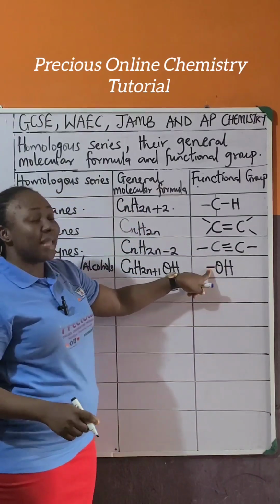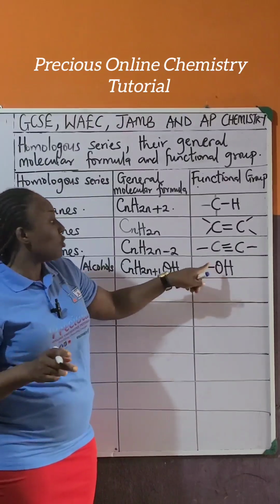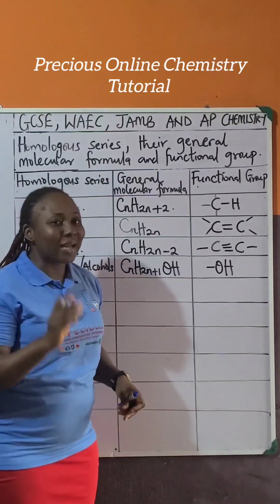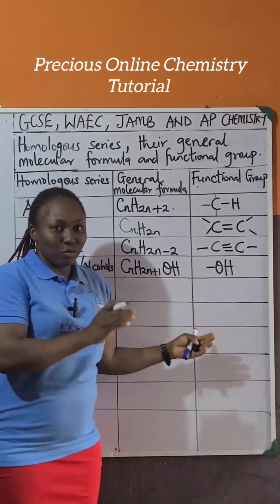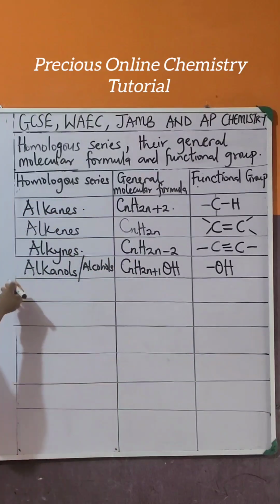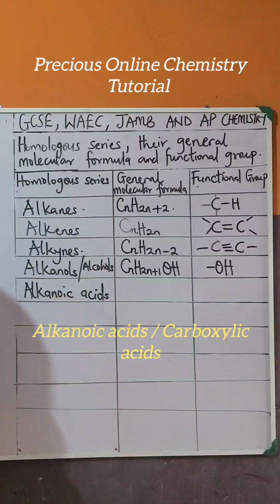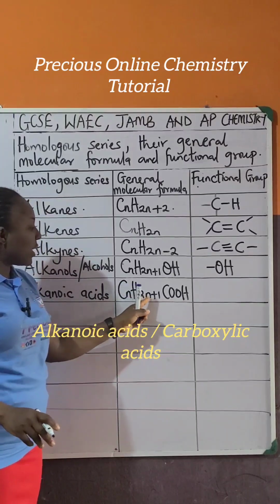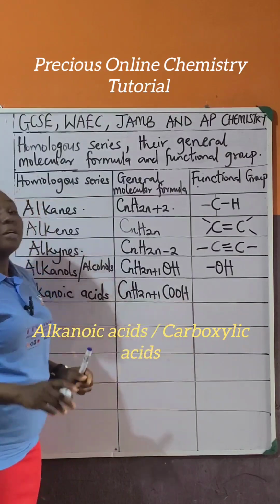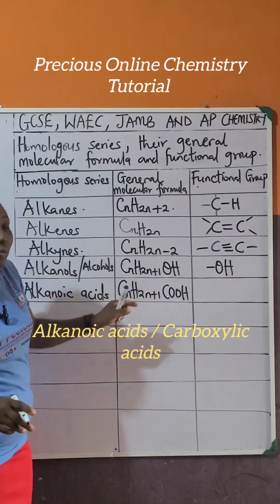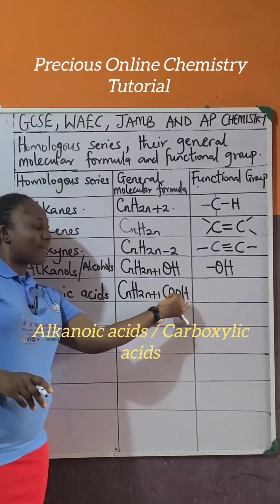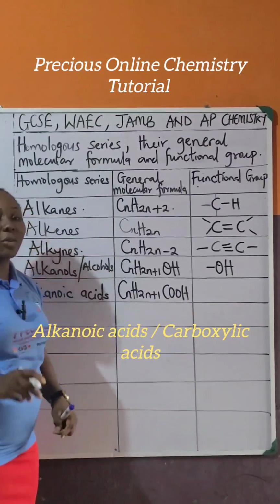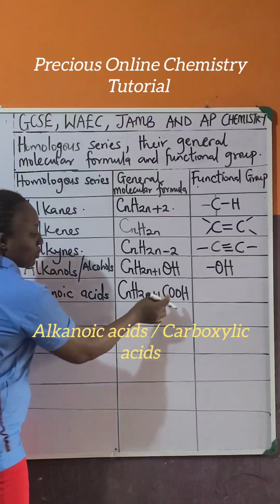Remember, this dash is showing a covalent bond. You must add it whenever you are trying to show a functional group. Then we go to the next one. The alkanoic acids. They have the formula CnH2n+1COOH. That is an alkyl group that carries COOH. It is an alkanoic acid. So their functional group is